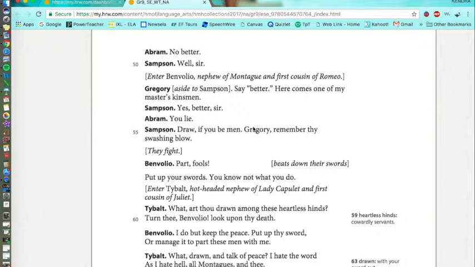Enter Benvolio, the nephew of Montague and Romeo's cousin. So remember about Benvolio that he does not like fighting. So then Gregory, aside to Samson, says,